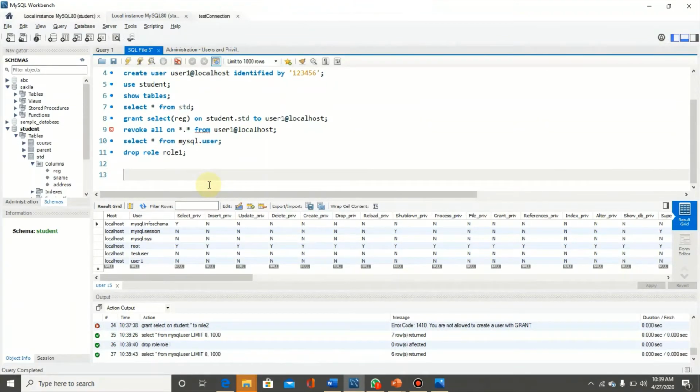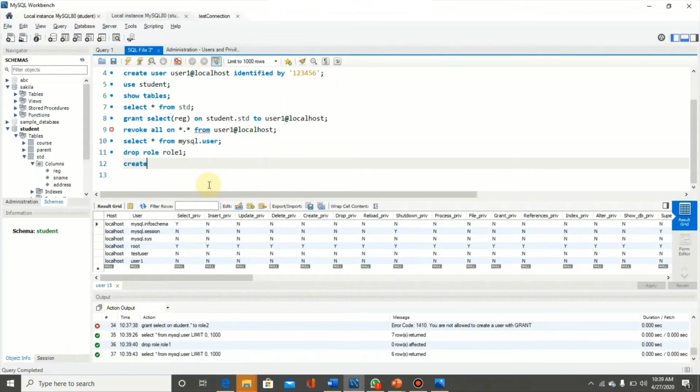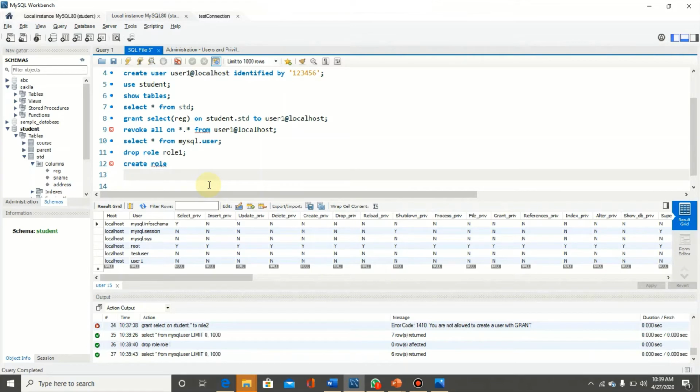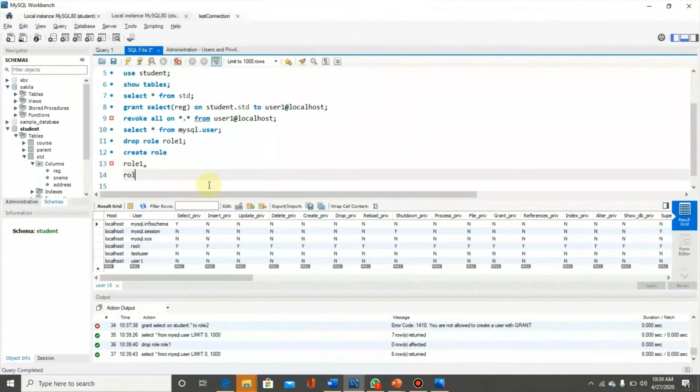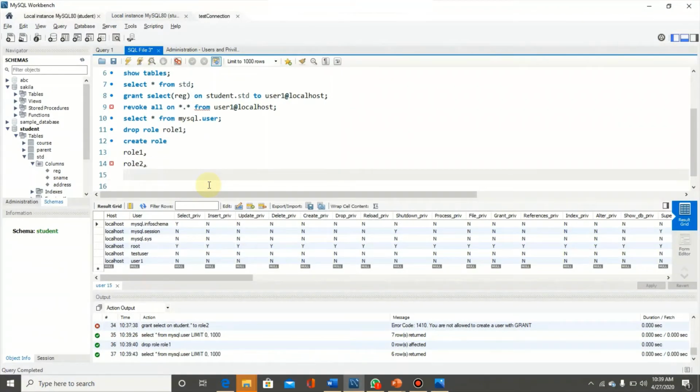Now I will create 3 roles. So create role. Here we have role 1 comma role 2 comma role 3. So in this way we will create 3 roles.